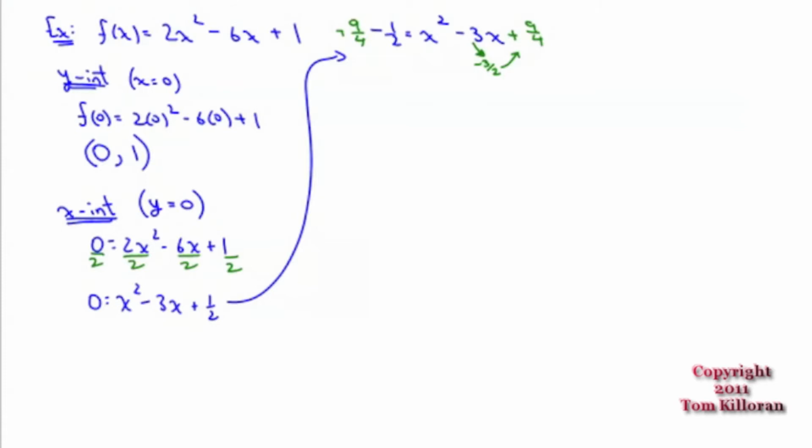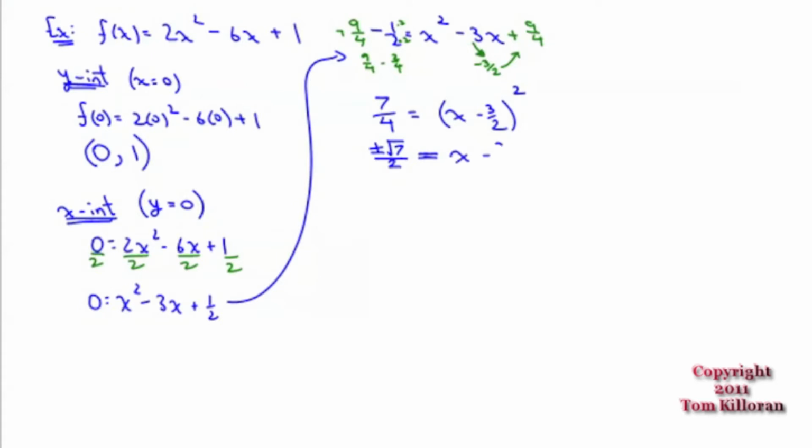Common denominator here is 4. So we're going to multiply top and bottom by 2. So this is 9 fourths minus 2 fourths, better known as 7 fourths. So this side is 7 fourths, and the other side is a perfect square, x minus 3 halves. How do I solve this equation? Square root both sides. 7 fourths becomes plus or minus the square root of 7 all over 2, is equal to